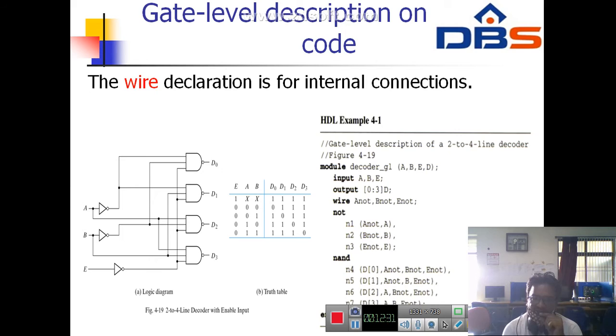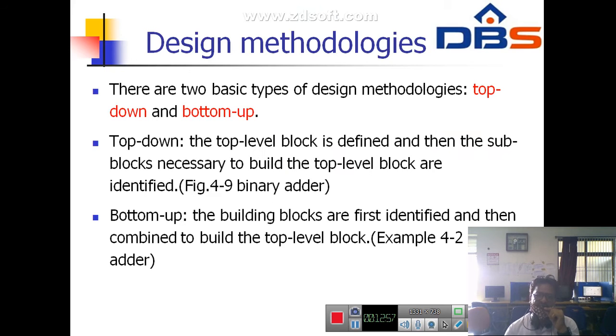So here we have a module decoder G1 with the inputs A comma B comma E, and the output 0 colon 3 D, and the wires A naught, B naught. Based on that we have to write the code for a simple 3 into 8 decoder.